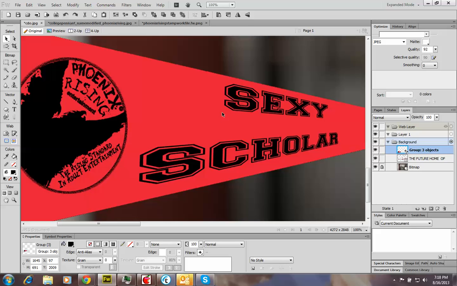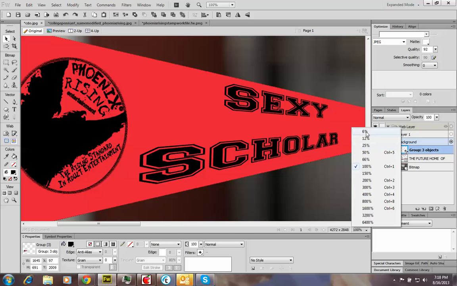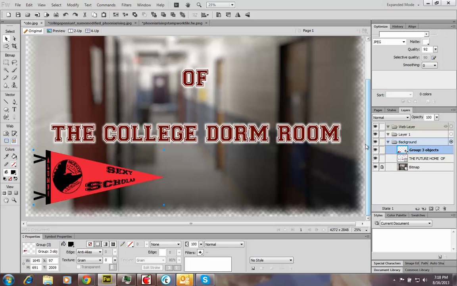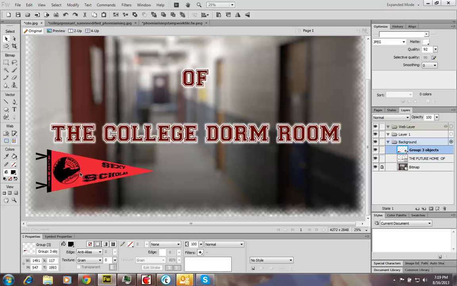See the difference? It's really clear and crisp. We're viewing it at 19%. So we will probably play with that a little bit more later on, not in this video, to get the sizes down. But right now, we're focused on just getting this done. We'll go back to the college pennant,